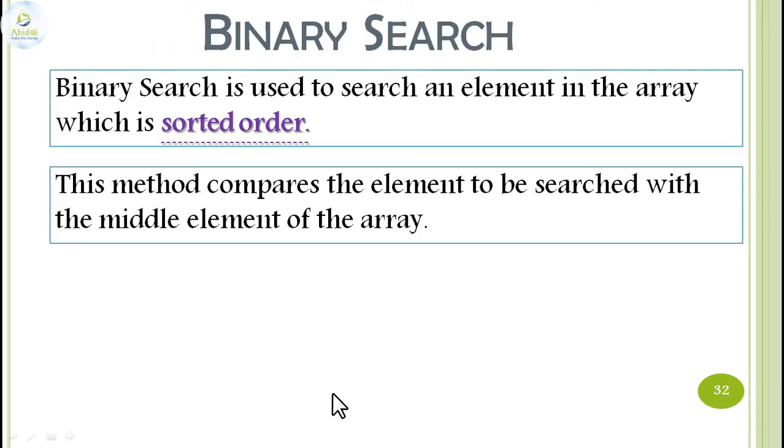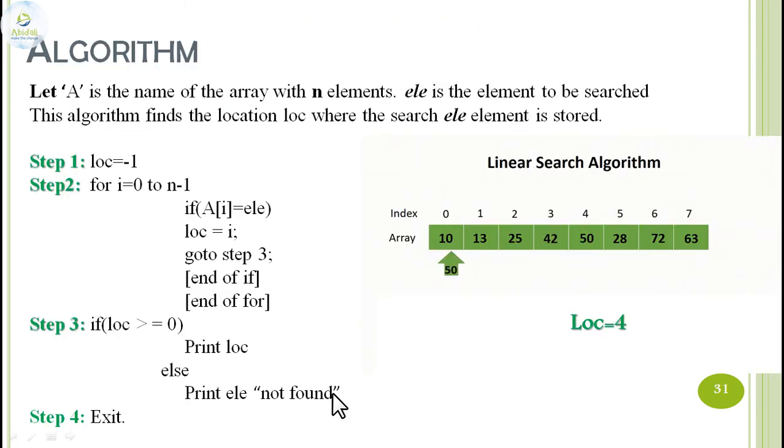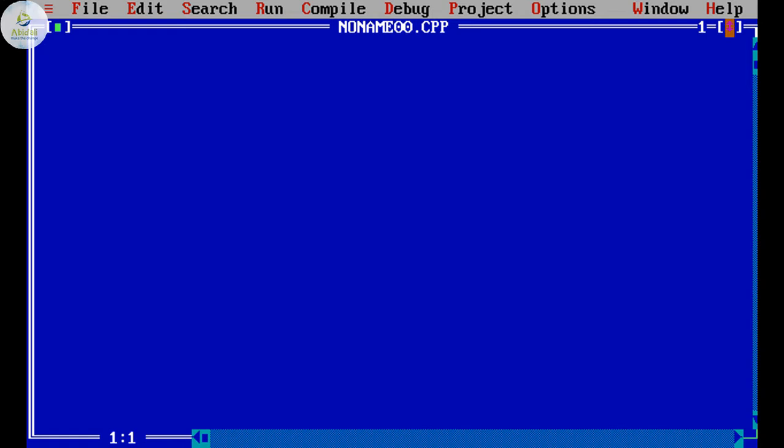Before moving to the binary search, we will take up the program related to linear search and then move ahead. Dear students, let us begin with the linear search program. We are going to include the header files. The first header file is, as usual, iostream.h. No special header files are required for this particular program. The next header file, conio.h, will also be included.